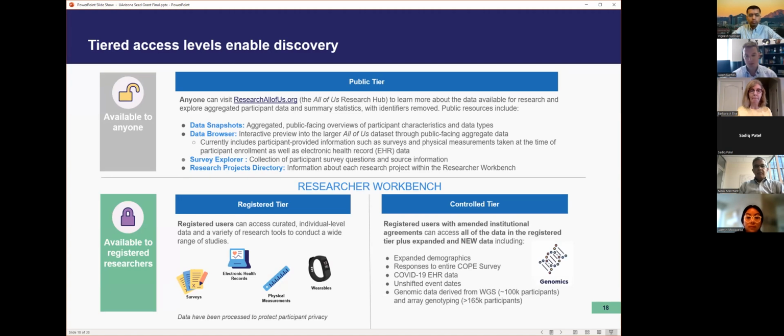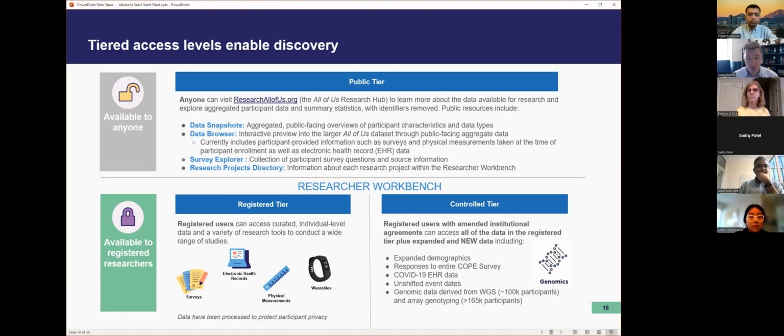So I'd like to give a little bit of an overview in terms of the resources available and what can be done in the workbench and some of the pitfalls that we've learned thus far. First off, Barb has mentioned a tiered access. So there is the public tier. You can go to this website anytime, look at the numbers and get breakdowns of the diversity for individual ICD-9 or 10 codes, availability of labs, even genomic variants. And this, again, I think is a good place to establish feasibility about your research questions, whether enough people are going to be in the workbench that can be used to study the condition that you're most interested in.